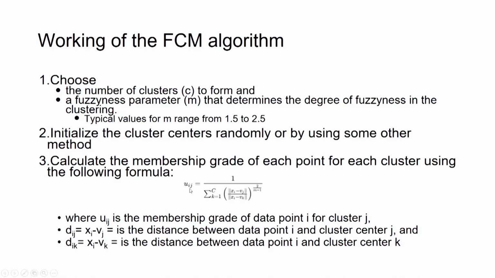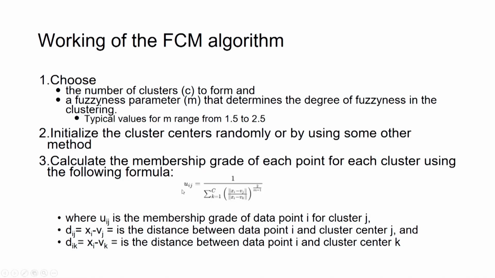So, for the ith point and jth cluster we are finding the membership grade of the ith data point for the jth cluster. For that we are taking xi minus vj, the distance of the ith data point with the centroid of the jth cluster, upon